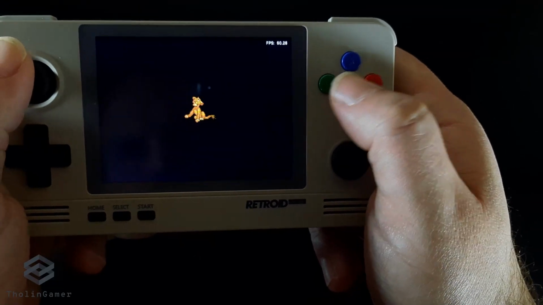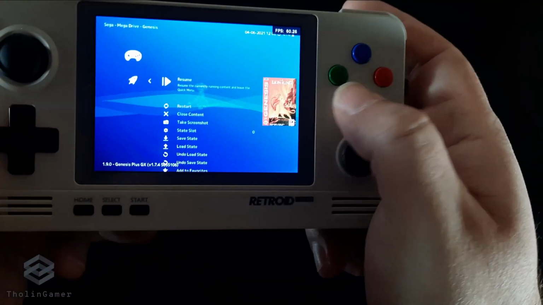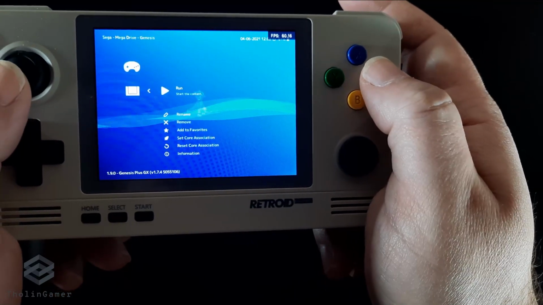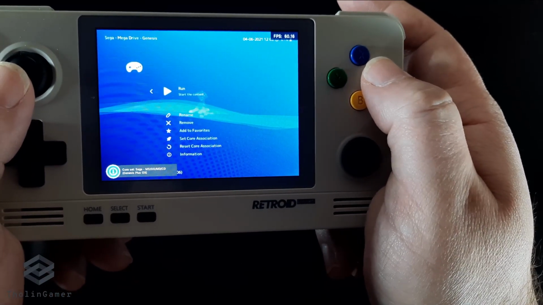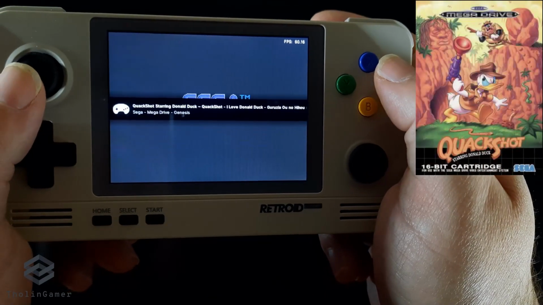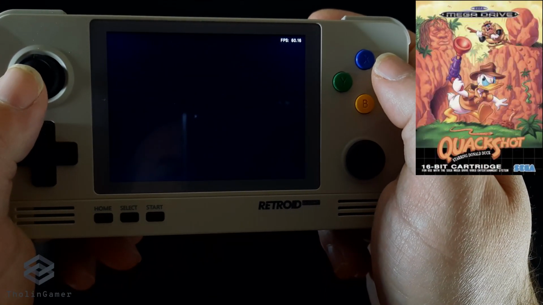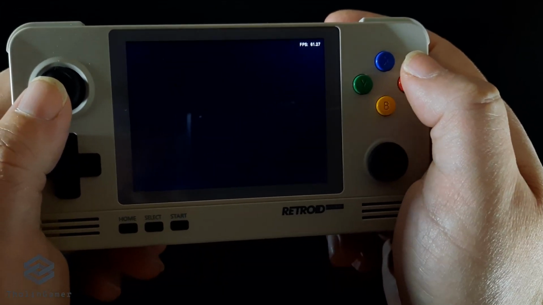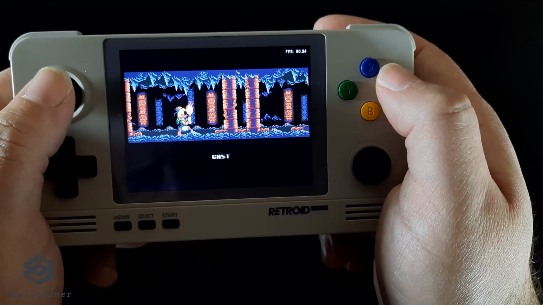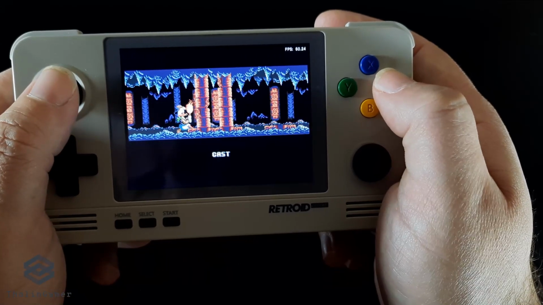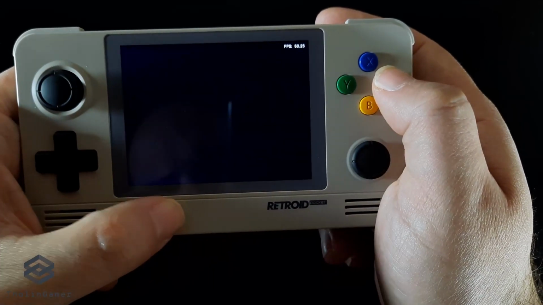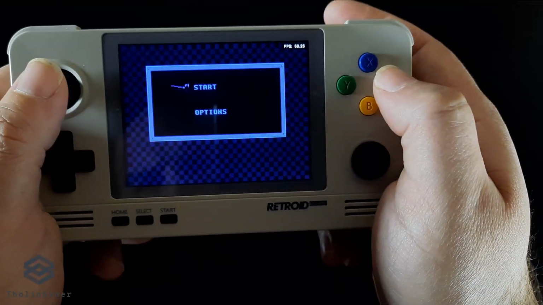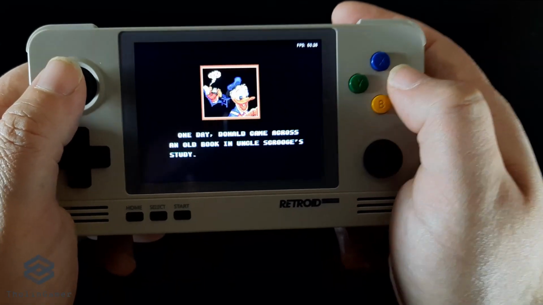Moving on, it's time for our fourth game in this video. It is another platformer developed by Sega, and it is again based on Disney characters. We are talking, of course, about Quackshot starring Donald Duck. Now, this is a side-scrolling platform game that stars Donald Duck and his three nephews, Huey, Dewey, and Louie. They are treasure hunters, and they move through some levels that are split in the overworld and a dungeon section.